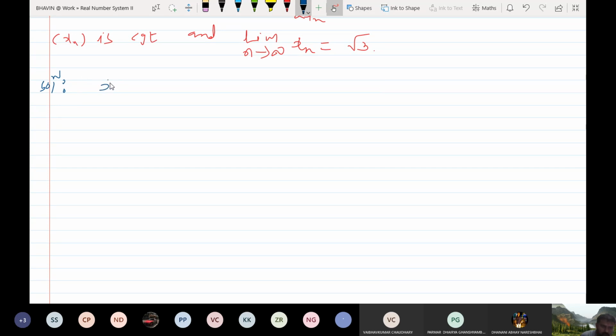Here I have given that x1 is 1 and xn plus 1 is equal to (xn square plus 3) by 2xn. So find a few terms of the sequence so that you can see whether the sequence is monotonically increasing or monotonically decreasing. To find x2, I should put n equal to 1. So x2 is nothing but